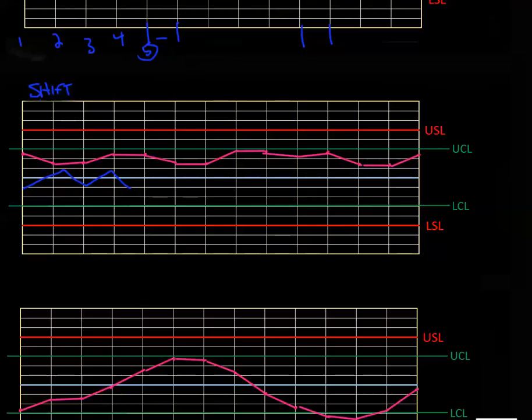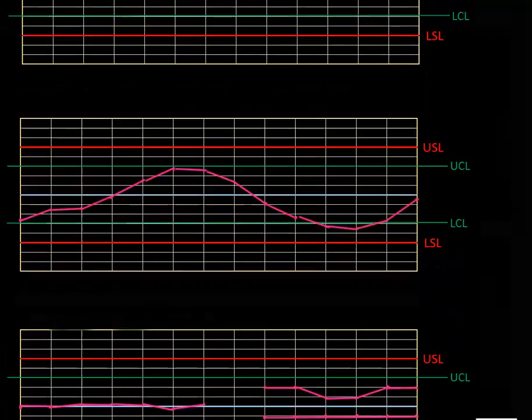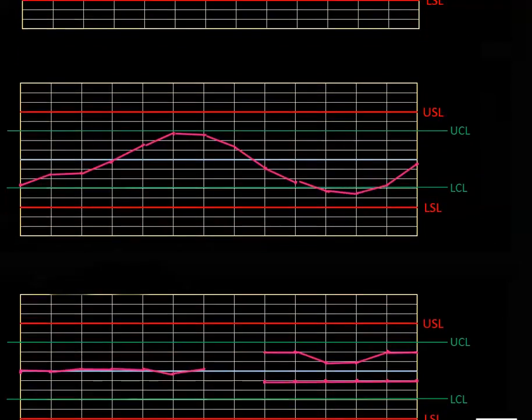Okay, let's take a look at another one here. Again, these are patterns. Patterns help you. These are shortcuts to seeing. When you see these types of patterns, they're clues about what might be going on in the process. Okay, now let's take a look at this one. So this at first looks like a trend. We're going to talk about trends in a little bit, but then it comes back down, and